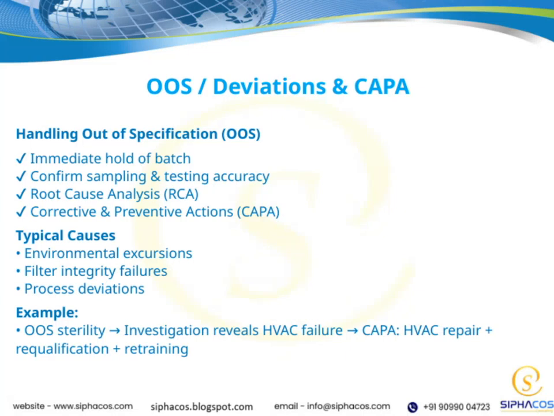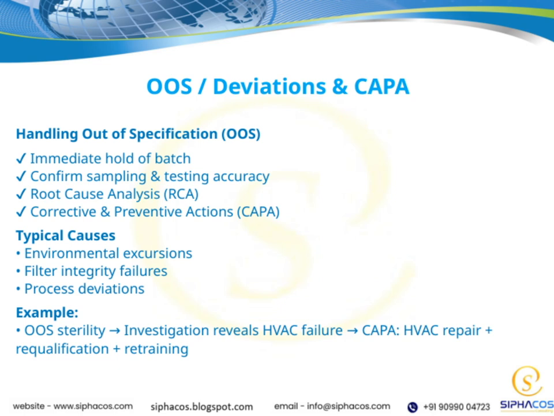When we encounter out-of-specification, or OOS, results, the first step is to immediately hold the batch to prevent any further processing until we understand the issue. Then, we need to confirm that our sampling and testing processes were accurate to rule out any procedural errors. Next, we conduct a thorough root cause analysis, or RCA, to identify what caused the deviation. Based on that, we implement corrective and preventive actions, or CAPA, to address the current problem and prevent it from